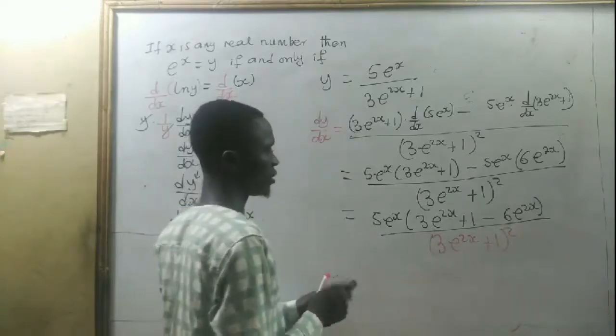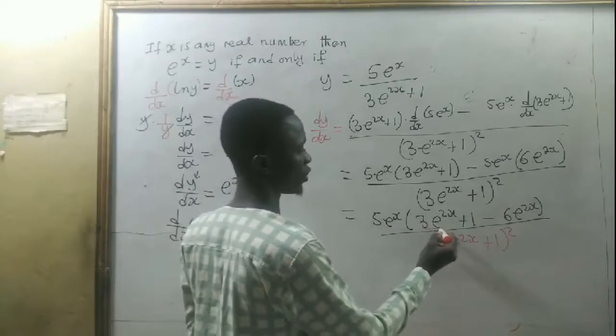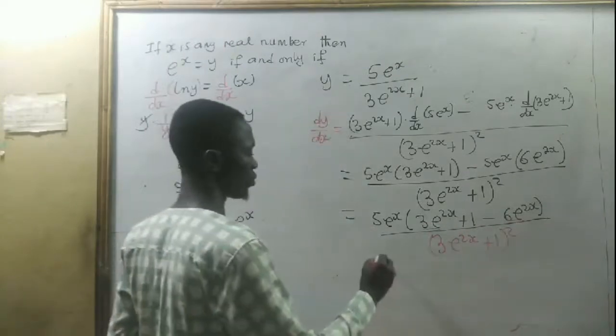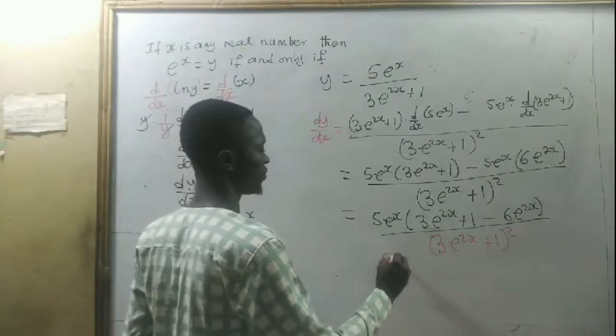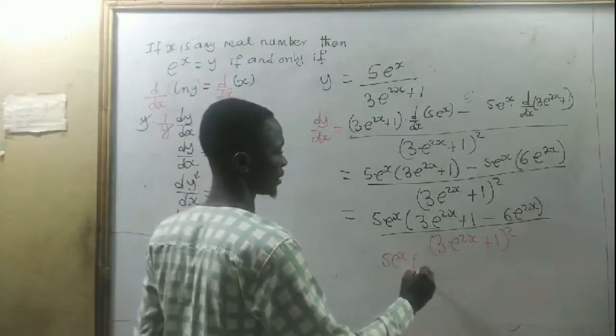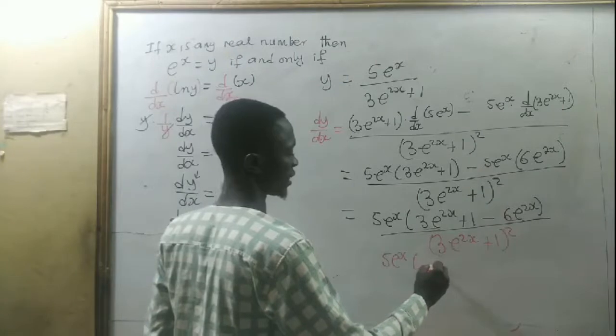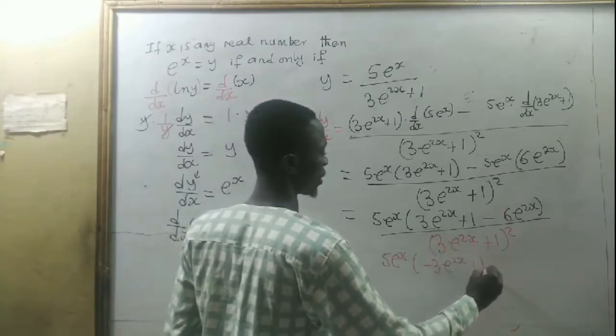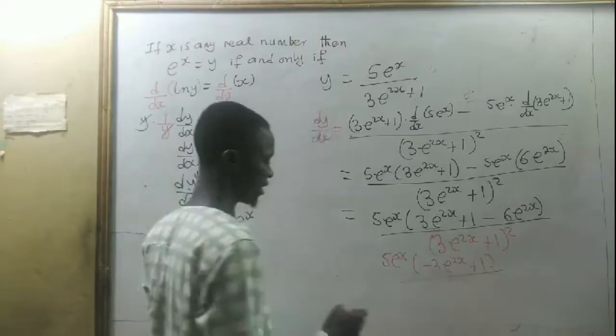So here we have 3e^(2x) minus 6e^(2x). So we are going to have 5e^x times negative (3e^(2x) + 1) all divided by